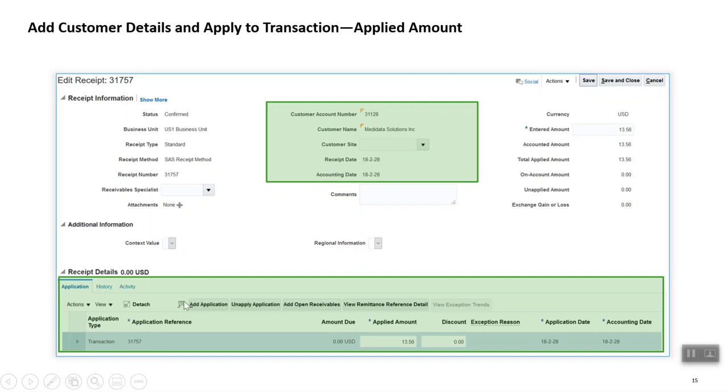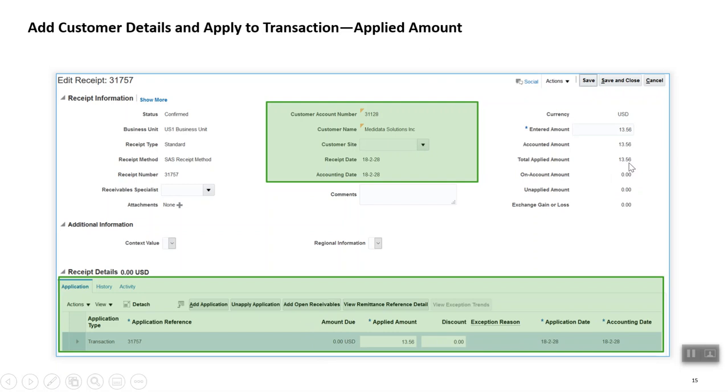When I click on Add Transaction, the system allows me to search for that transaction, and I get a transaction for the same customer. I selected this transaction, and it was also costed at 13.56. So whoever created this transaction, the amount was also 13.56, and now the amount due on that transaction is 0, and you see that this has moved from unapplied to applied.